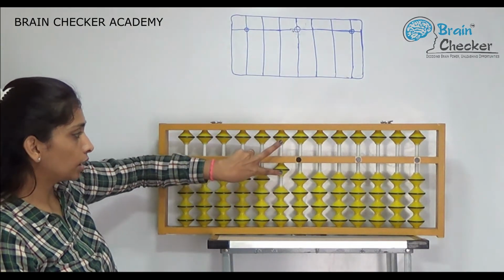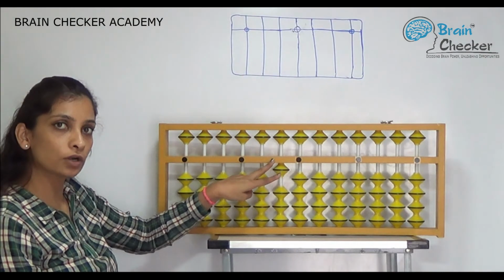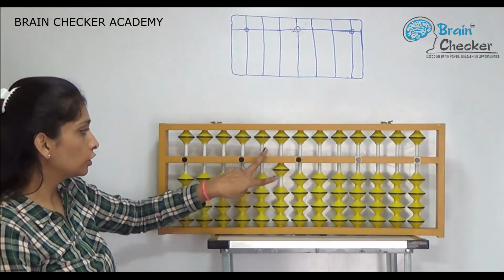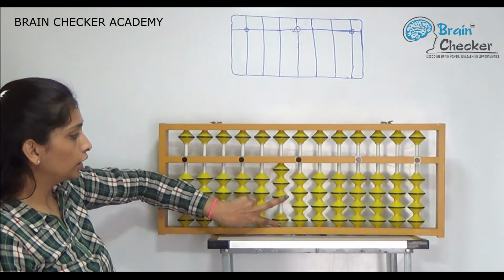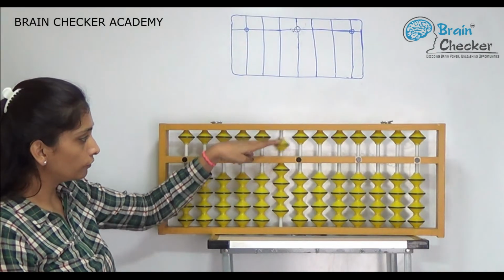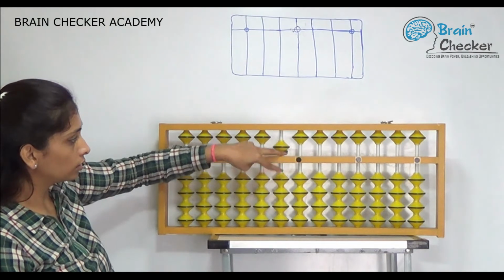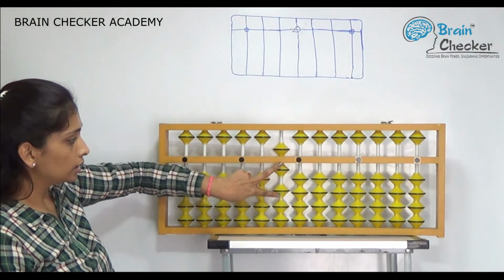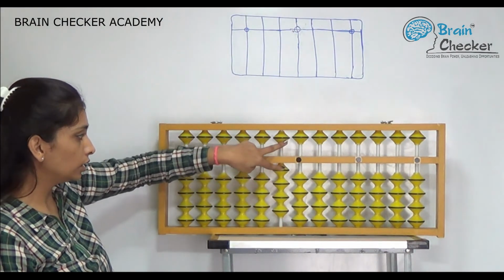Now this is 10 because we are taking the bits up on the tens rod. That's why we are seeing the numbers in tens. So the first is 10, 20, 30, 40. The upper bit is 5, so it's 50. To make this clear, again we will say 50, 60, 70, 80, 90.